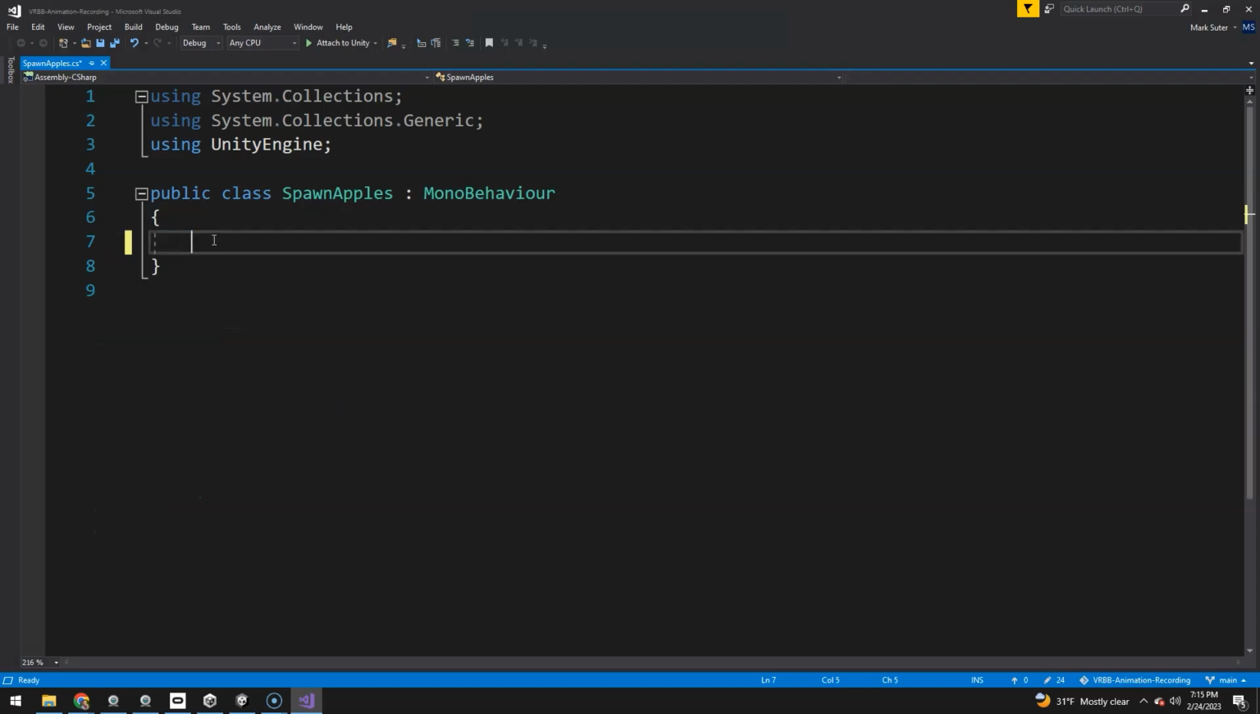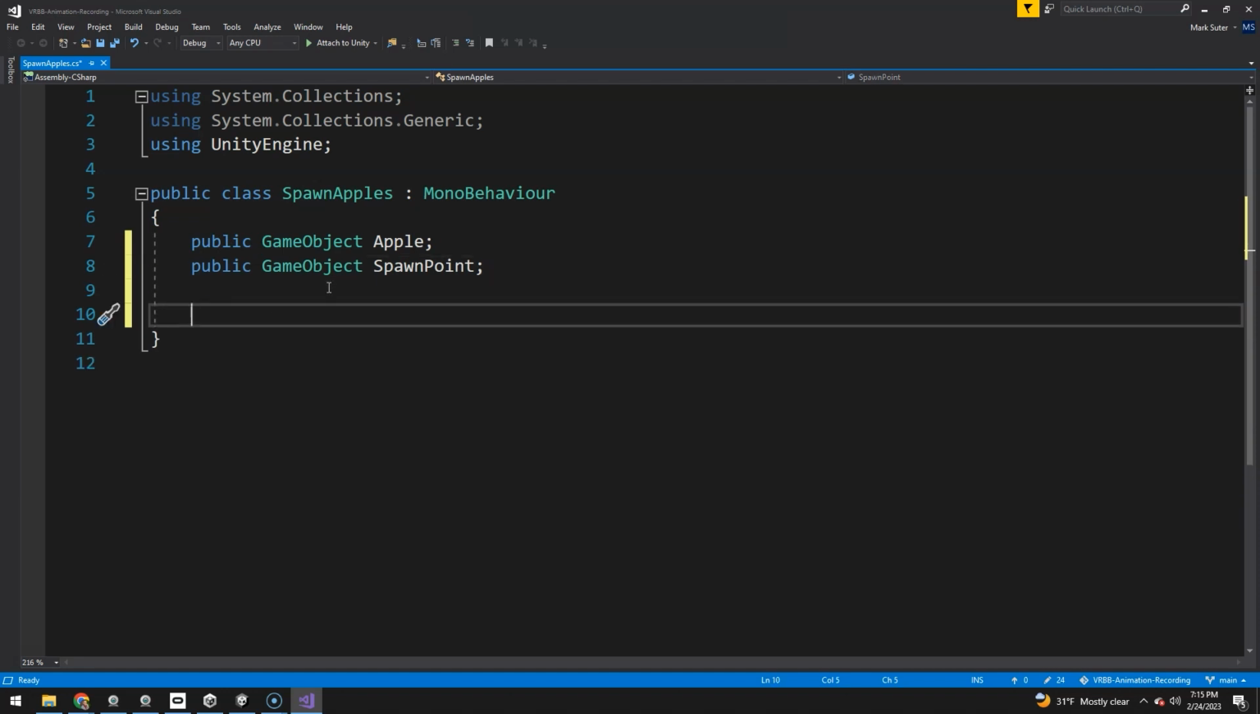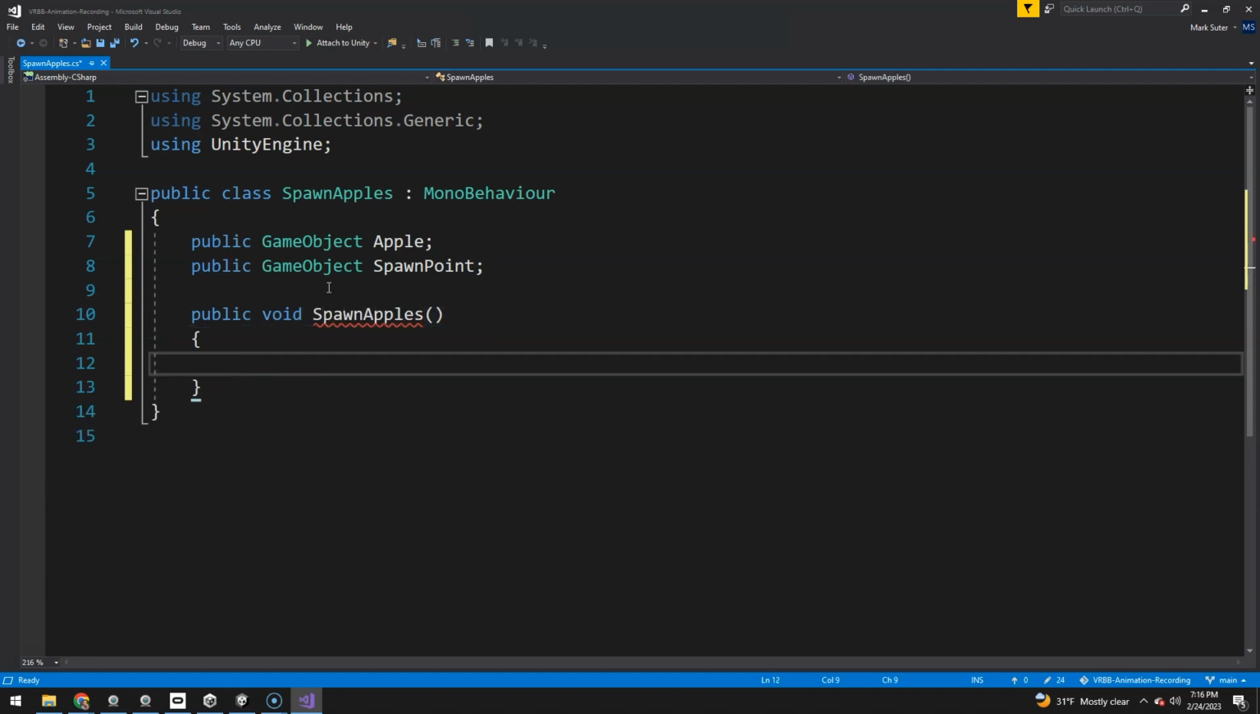We're going to make a couple of references. One's going to be public GameObject apple. One's going to be, let's just make it a spawn point. And then we'll grab the transform.position of that. And we're going to make a custom function that we can run at a certain time in that animation. So let's say public void SpawnApples. We're not passing any variables. And we will just say